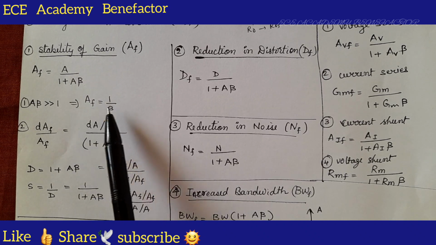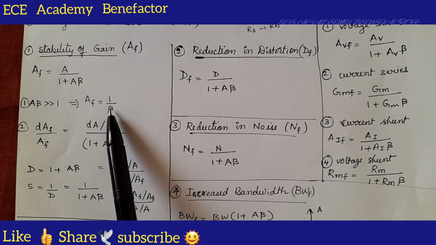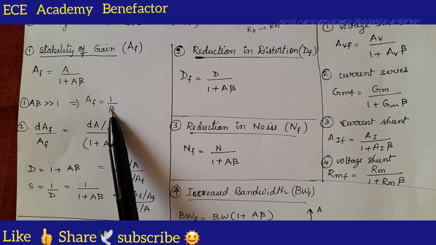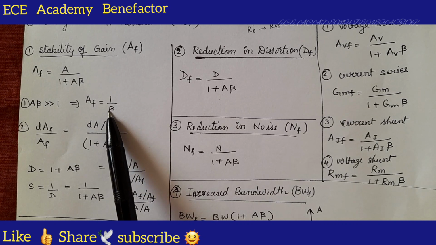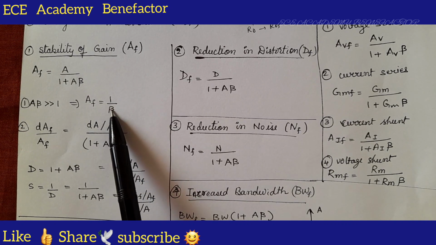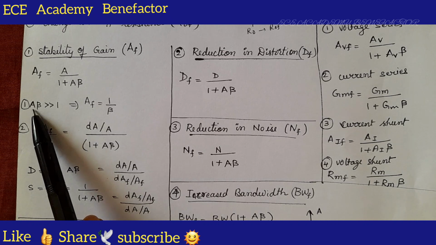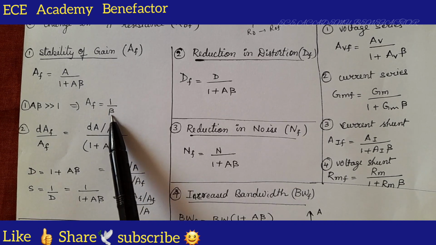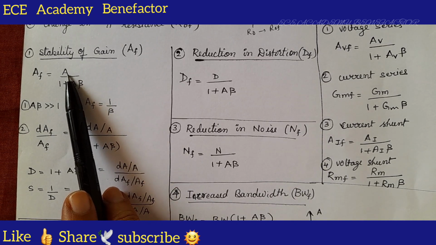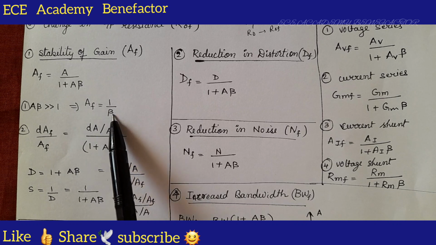So, the gain with feedback is depending only on beta. What is beta? It is the feedback ratio. It is in the feedback network, and the feedback network is generally a passive network, generally made of resistors. So, we are now able to make gain more stable because it is not depending on any active elements, it is depending only on beta. By applying the condition A beta very large compared to 1, AF can be made independent of A. What is A? Gain of the amplifier. This gain of the amplifier is decided by the BJT or the FET or the active element used. Now, when AF is made independent of A, it means it is depending only on beta, and hence